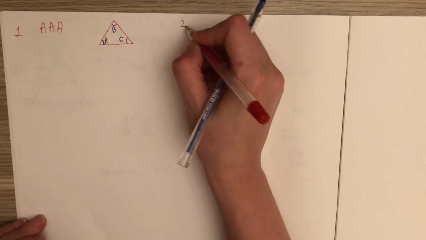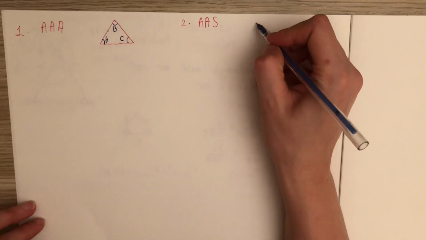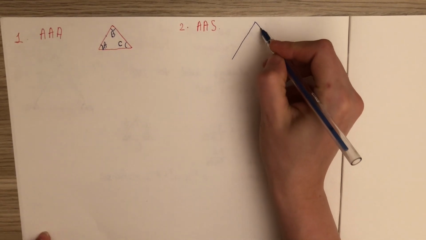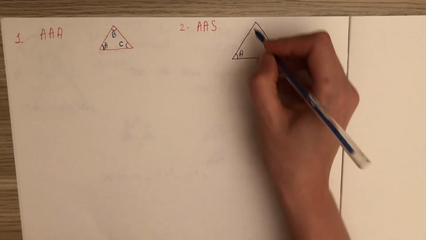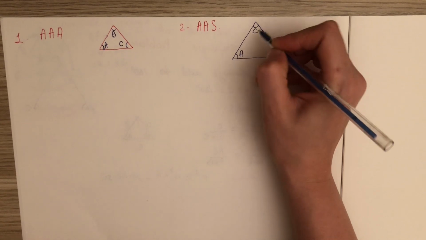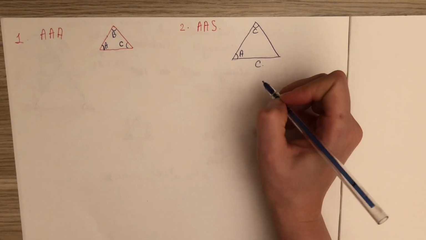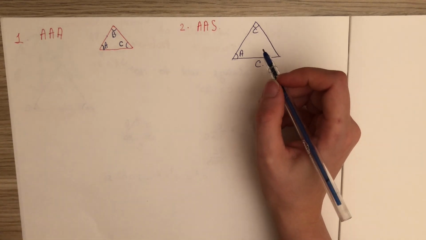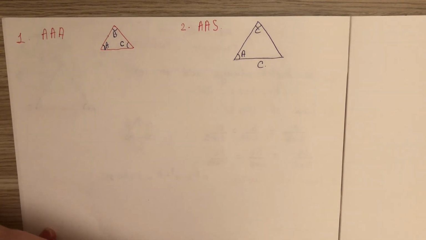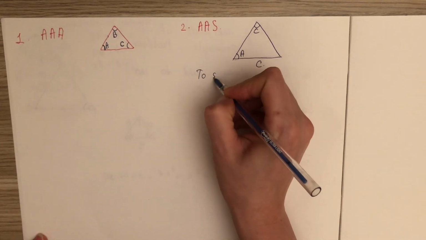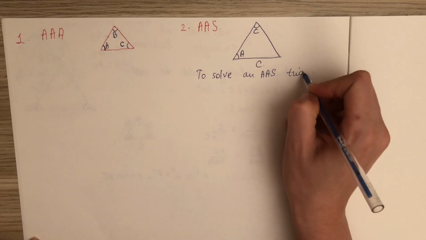Our second one is AAS. This means that we are given two angles, angle A, angle C, for example, and a side, let it be side C. And if we want to solve such a problem, let's see. To solve an AAS triangle,